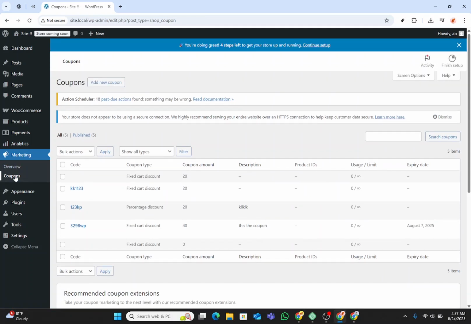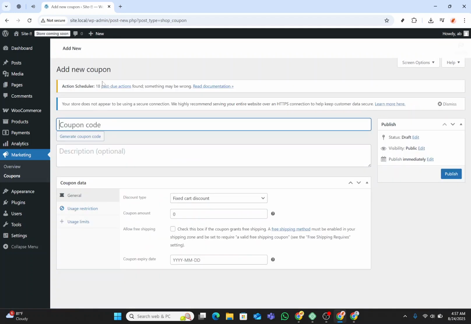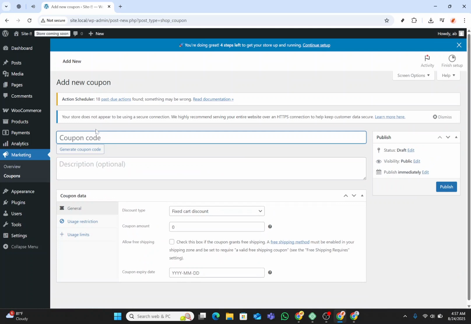This section is dedicated to managing all your existing coupons and creating new ones. It's a powerful tool for enhancing promotional strategies and encouraging customers to complete orders. In the Coupons section, you'll spot the Add New Coupon button. Go ahead and click that to open a fresh page where you can create a unique coupon. This step is crucial as it allows you to specify various characteristics of your coupon that can entice more customers to shop with you. Once you're on the new coupon creation page,